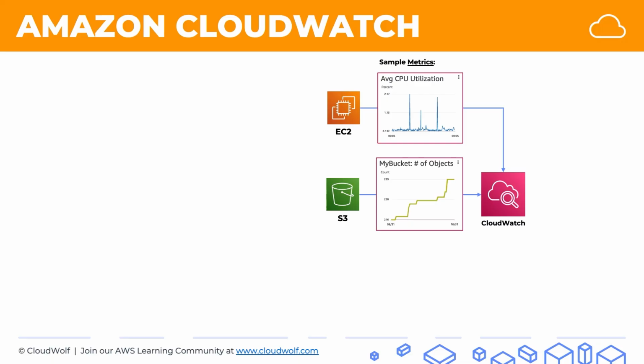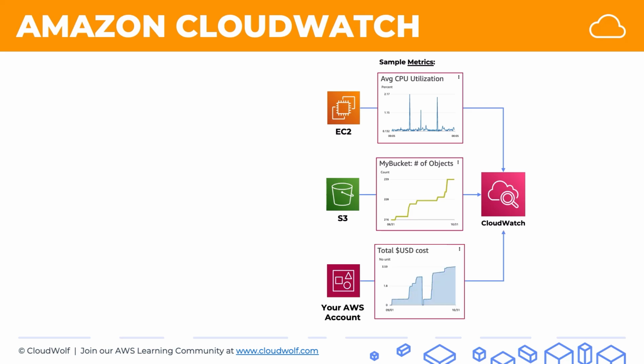For example, we might have an S3 bucket where we're monitoring the number of objects because this might be important to us. And here we see a real example from a real account, showing how the number of objects is changing. And you could even get metrics from your AWS account in general. For example, here we're looking at the total US dollar cost incurred in the month. As you can see, it resets every month and then starts growing again. So you can also monitor that. This part of CloudWatch is called metrics, and it's important to know for the exam especially that CloudWatch has